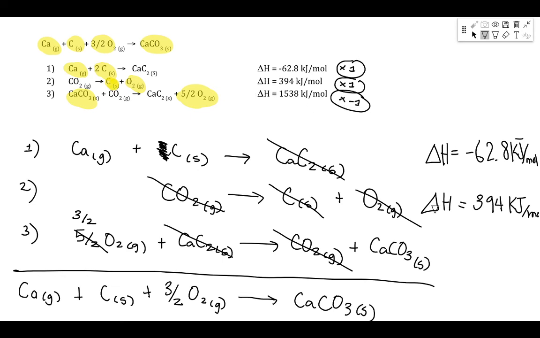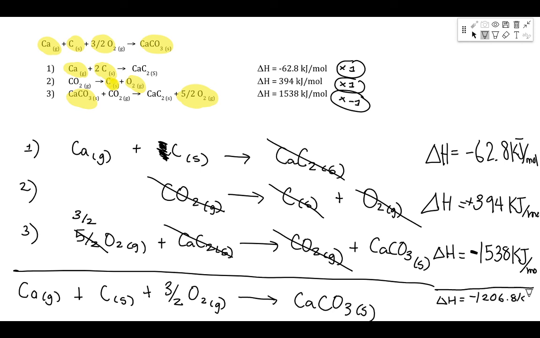I flipped it over, so the sign of that will change. So it was positive, it will become negative 1538 kilojoules per mole. Just make sure that's obvious. And then I'm going to write a positive there. Okay. And if I add all of these numbers up, I should get the delta H value for this target equation. The answer comes out to become negative